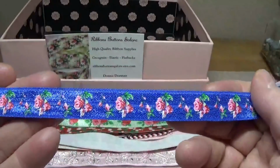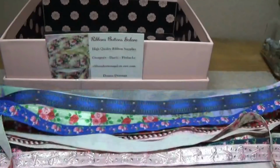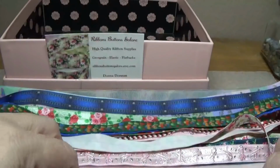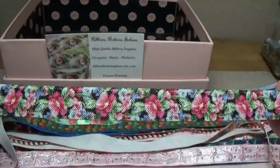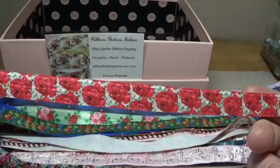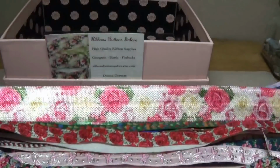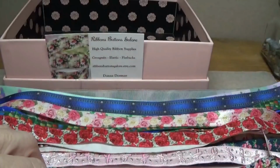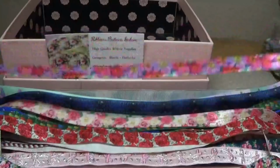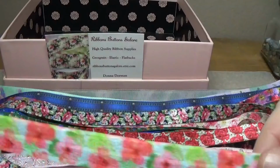This is a real pretty blue. It's almost like a cobalt blue with little pink roses. So many possibilities. These are little stockings. And some more floral. And some pretty red roses on this one. Beautiful pink roses. Different shades of pink and cream. And then this is nice and bright. Isn't that pretty? And then this is also very pretty. And then the last one is